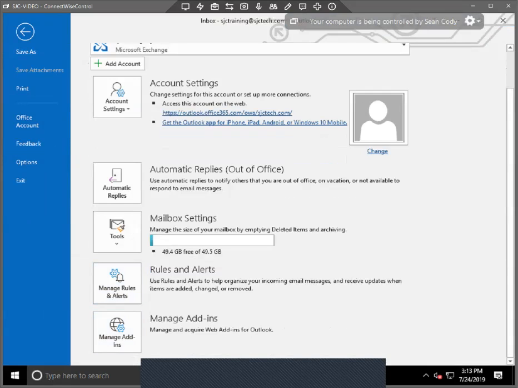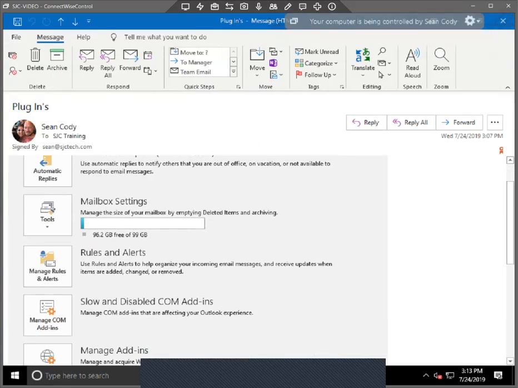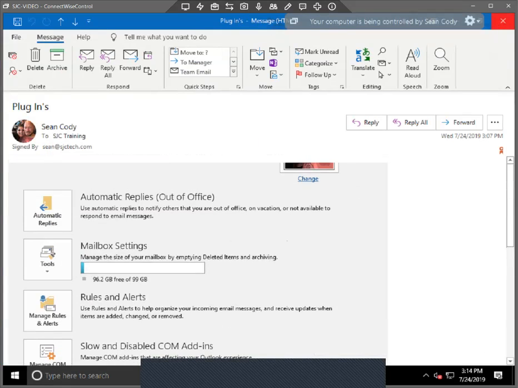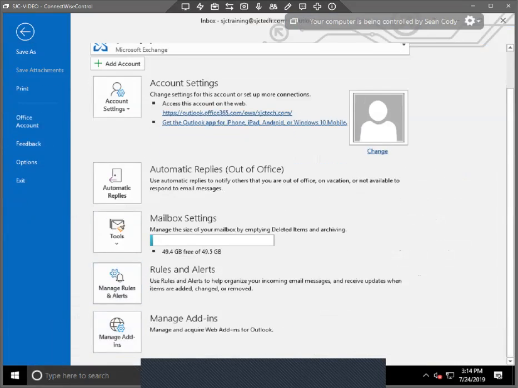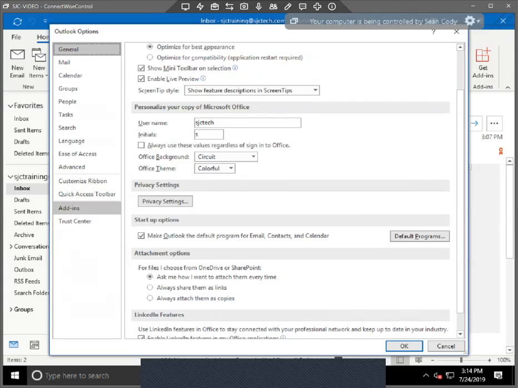There are some versions that will have a box here for Manage Slow or Disabled plugins. That looks like this. So if you have this version, that's where you want to go. If you do not have that version of Outlook, you're not going to see that box. If you do not see that box, you then go to Options, click on Add-ins,